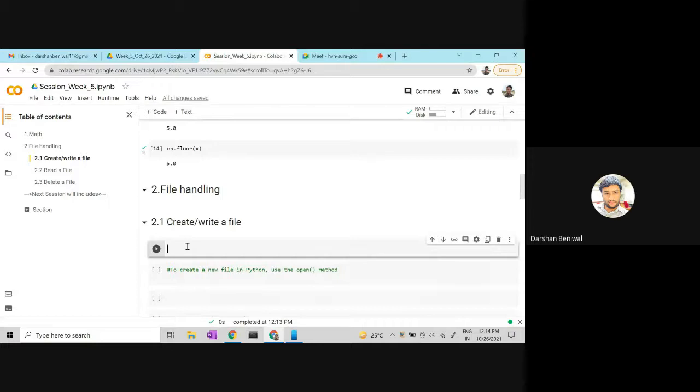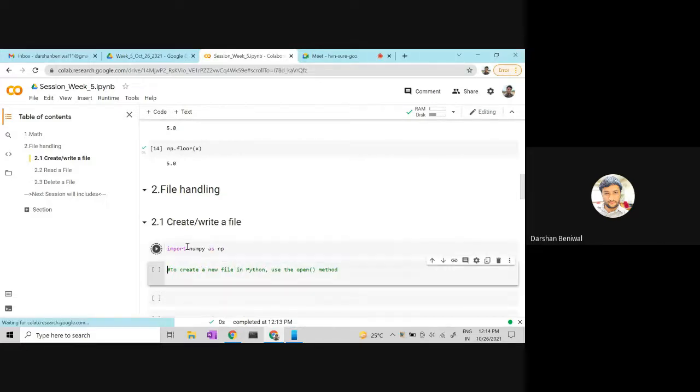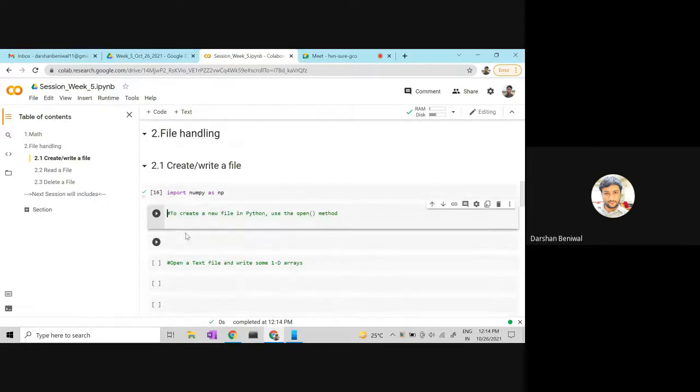So for this one, first we have to import numpy. But once you import it, there is no need to import again.